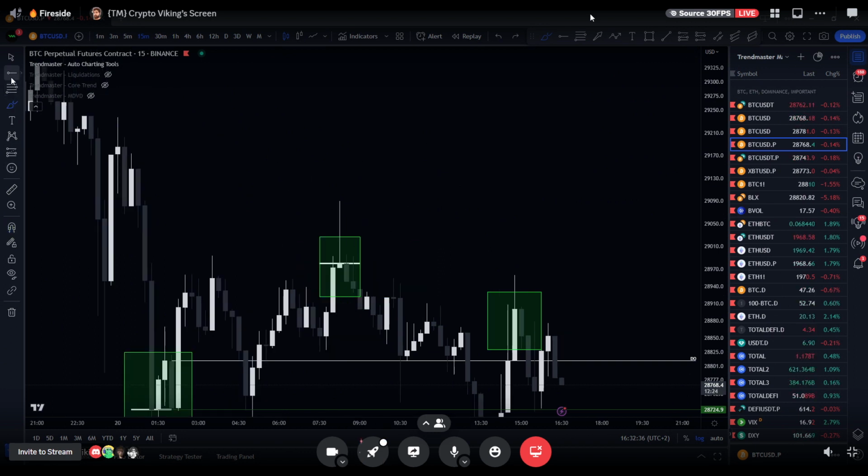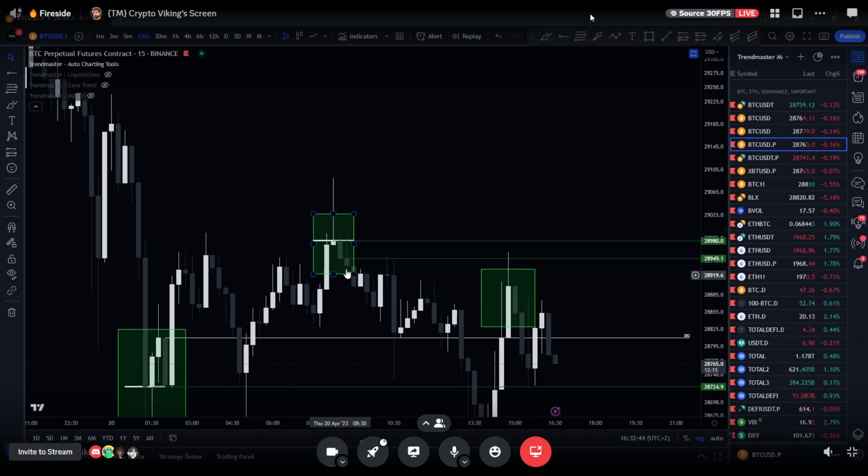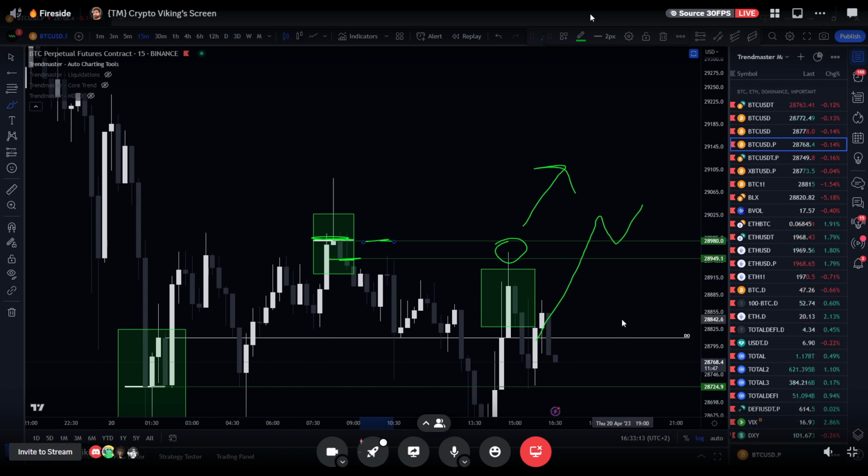What are we looking at? Well, there's two major levels. We have the high of it there, and then we have the low of it there. Essentially, these are the two major points that we look at as far as testing levels. For this thing to gain that swing and go higher, what do we want to see? We want price to go above and close and bullishly backtest the swing. That is a bullish backtest of a level. What have we done locally? We've only tested the low of it. We haven't tested the high of it, right? So the high is still valid. The low, less so,